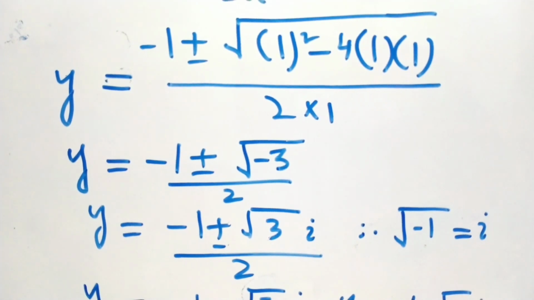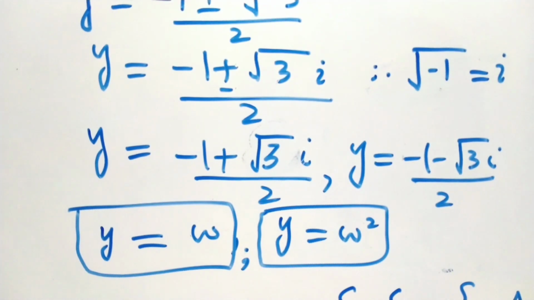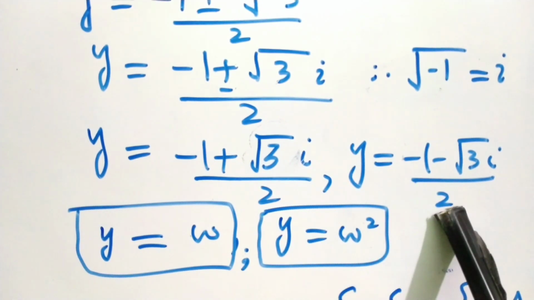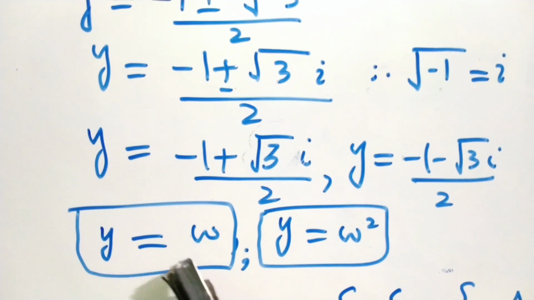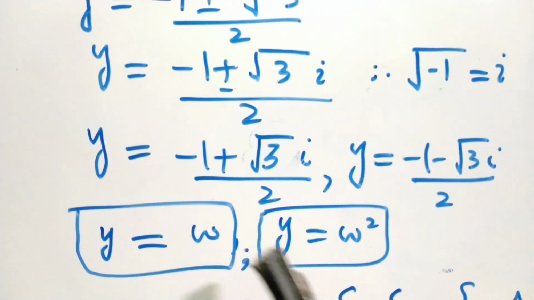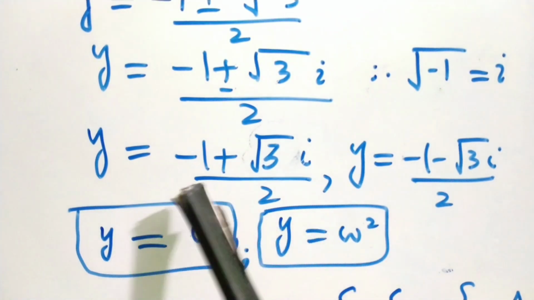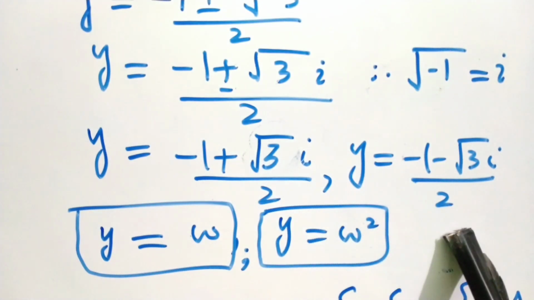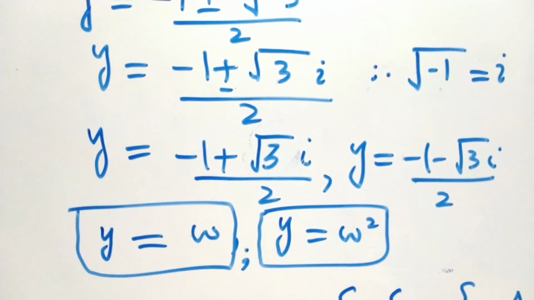So in the next step, y is equal to minus 1 plus root 3 iota divided by 2, and y equal to minus 1 minus root 3 iota divided by 2. So both are the values of y, equal to omega and y equal to omega square. This is the value of omega and this is the value of omega square. Now moving further,